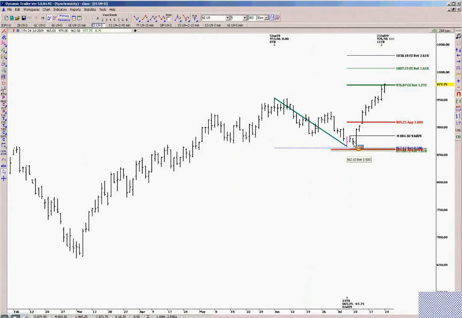We didn't know at this point if this was going to be a major low, but I knew that if it held, an upside target was going to be 1272. But I had a much better idea that it would head towards that target once the symmetry of this declining swing was cleared.